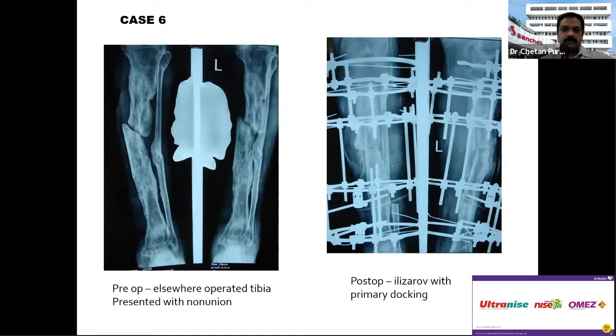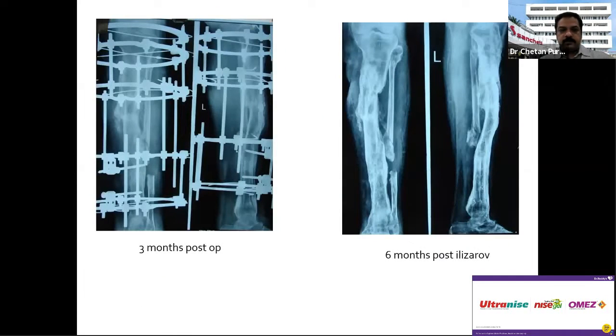And again, we went in and did all the before mentioned steps, freshening the bone ends, removing the fibrous tissue, reaming the bone ends, creating the medullary canal, and we put on an Ilizarov fixator. This is at 3 months post-op, and at 6 months the fracture went on to heal. Because of his multiple previous procedures, you can see that the ankle is already fused. So these are some of the problems associated with infected non-unions that are